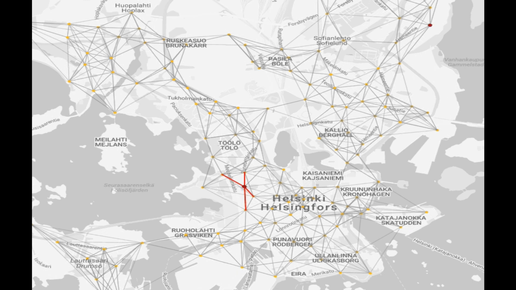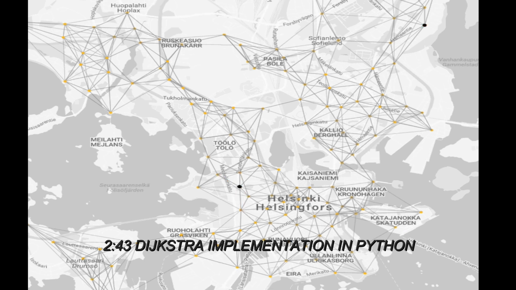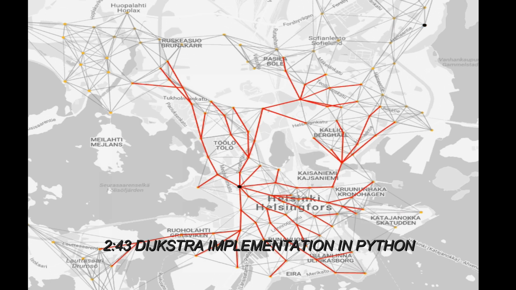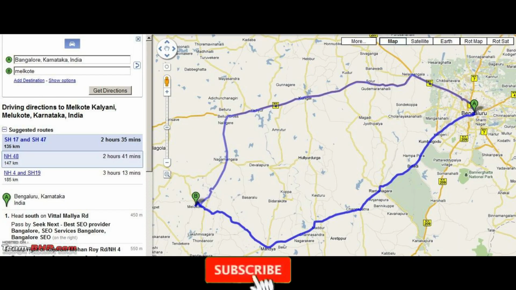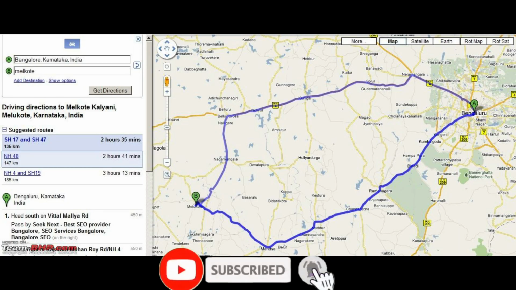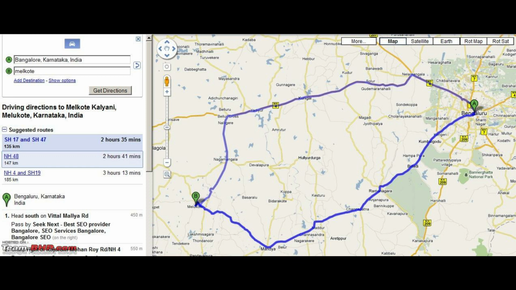So the first question is, what is meant by shortest path algorithm? If you are a computer science student, you definitely must know this algorithm. Consider this image. In this image there are two points, A and B, and A represents our starting point and B represents our destination point.